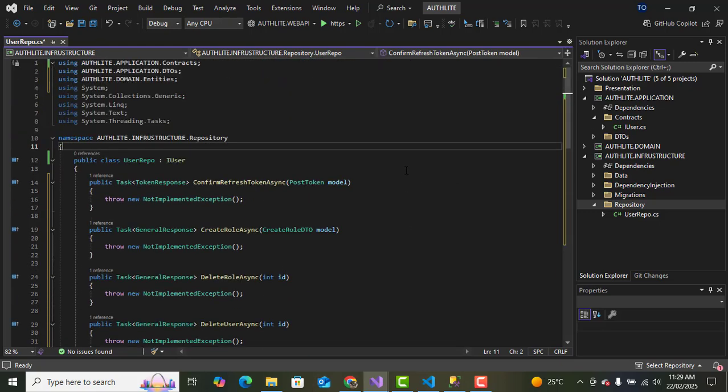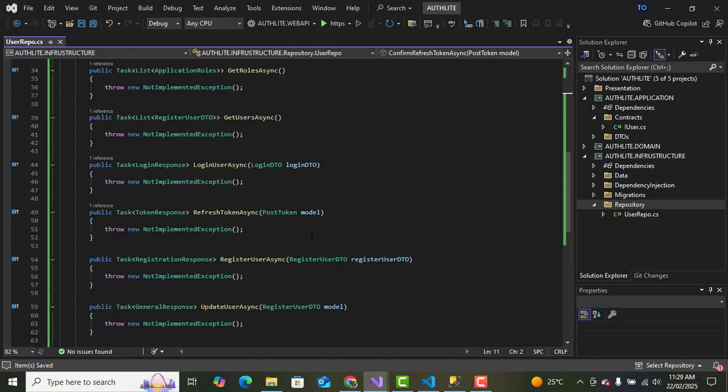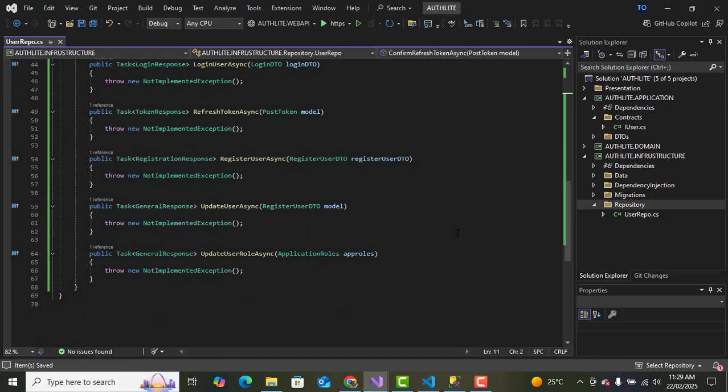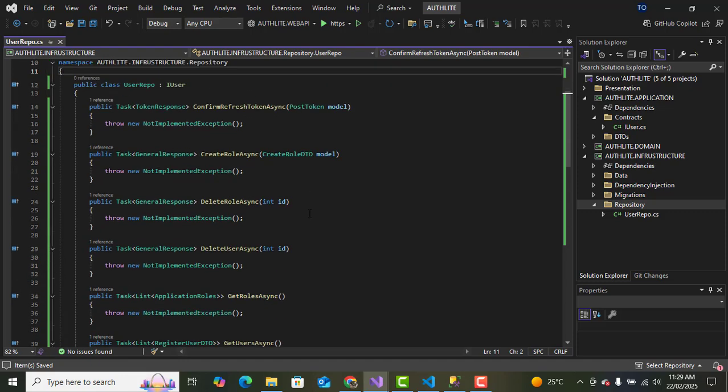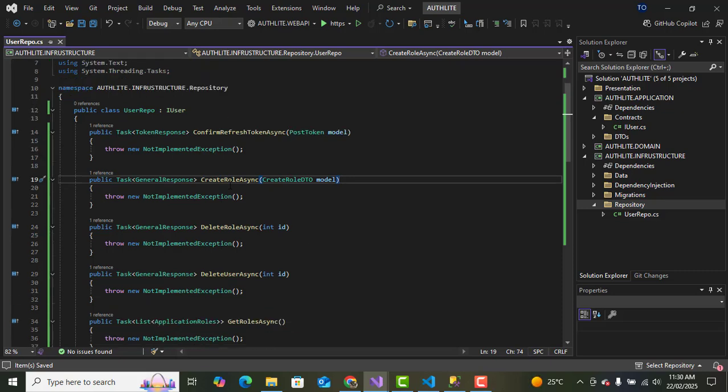So these are the interfaces that we need to implement for our user. Okay, so we have the create role, delete role, user, get role, get users, login, refresh token, update, all that. So let's do it one by one, and then let's see how it goes. So let's begin with the create role async